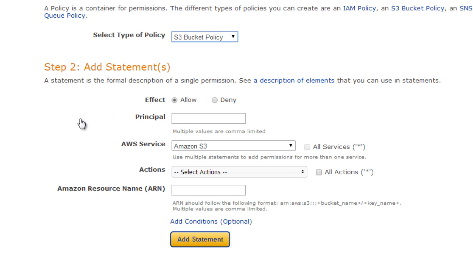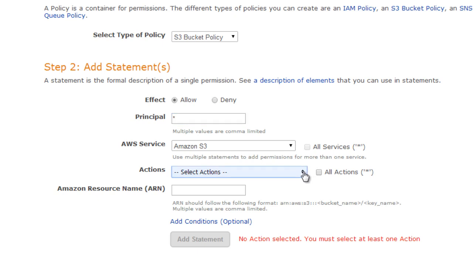and in the second step we're going to allow, and the principal essentially is the user to whom you want to give access. We want to give everyone access to these files, so we'll just put an asterisk. The AWS service to which this policy will apply is Amazon S3, so this is perfectly fine.